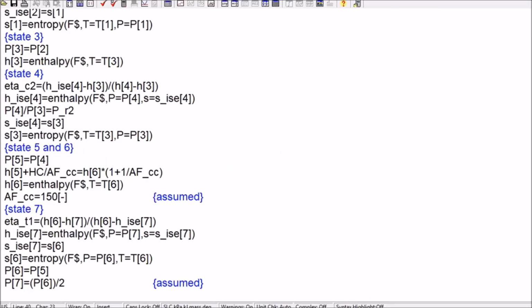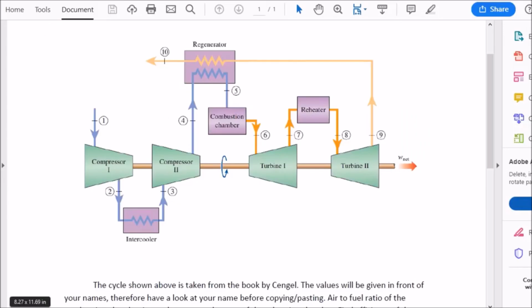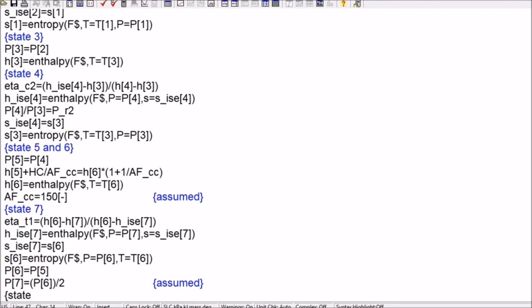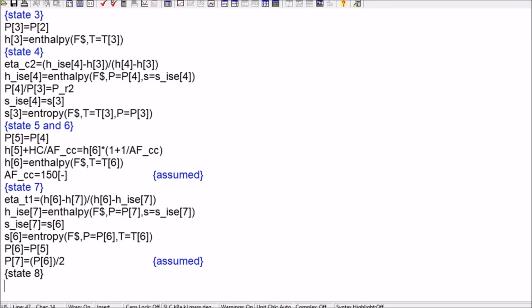So let's write the same one. Now you will have state 8: H7 plus HC by the air to fuel ratio of